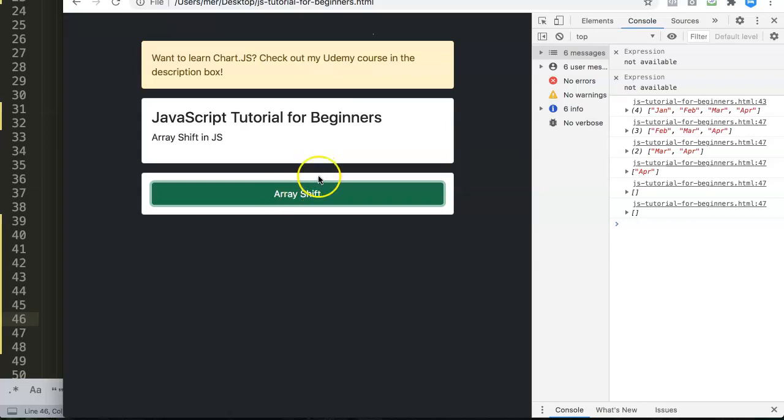And this can be very, very useful together with different functions such as unshift and others that I have covered as well